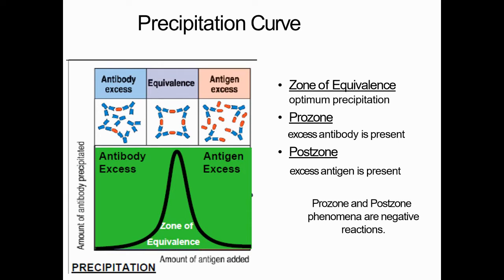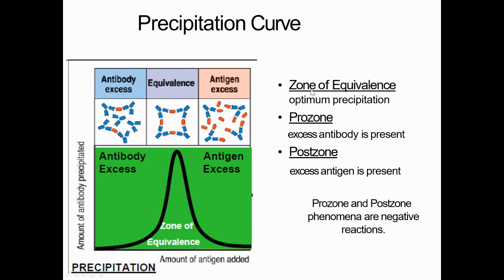What is a precipitation curve? This precipitation curve denotes the equivalence. I spoke about the zone of equivalence, no? So antibody should be equal to antigen. If both antigen and antibody are equal, then the zone of equivalence will be at the peak, the dumbbell shaped curve over there. These are the three things we are explaining. If the antigen is more, we will finish this one first.